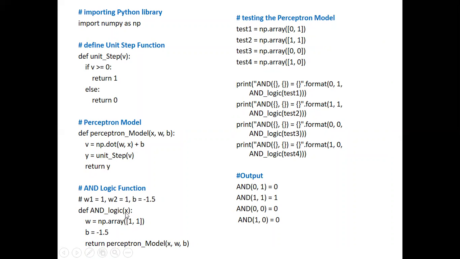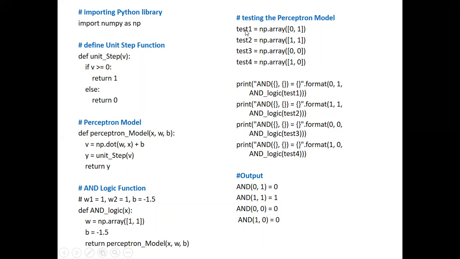So what we are giving here as input is X, that is our input vector. Fine. And for this input, we have a weight vector as 1, 1, as we already decided, and bias as minus 1.5. And then what are we returning? We are returning the perceptron model. That means it will call this function with what parameters? X is the input vector. W vector is now what? 1, 1. That is our weight vector. And what will be the bias? Bias is minus 1.5. So as soon as this data is passed, it will come here and it will execute this and it will return y.